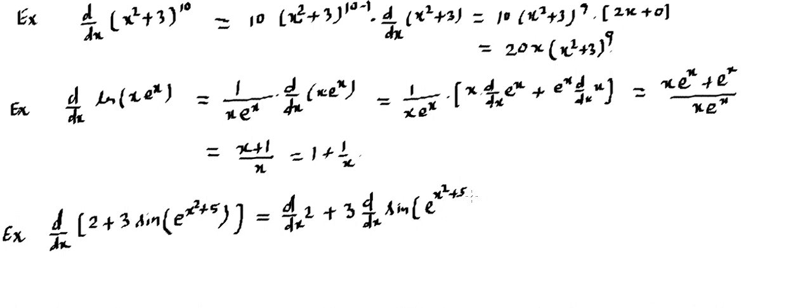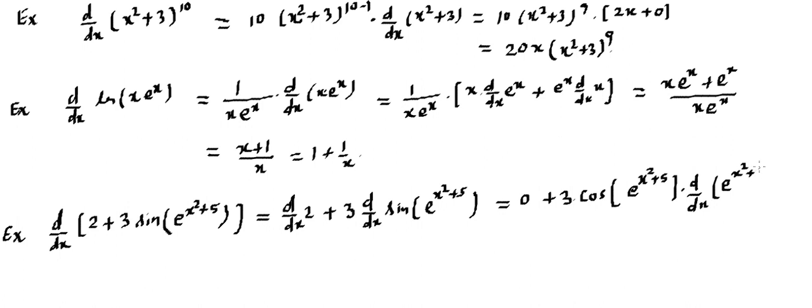So the first term becomes 0, that's obvious. 3 is a constant that stays there. The first outside function is sine, so that sine will get converted into cosine, so that's cos. Whatever is inside, we need to keep that intact. So e raised to power x square plus 5 stays. Then the chain rule comes in, so whatever is inside, we need to differentiate that. So e raised to power x square plus 5, that was inside, that we have to differentiate.